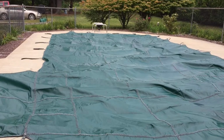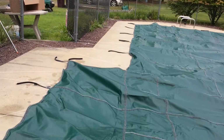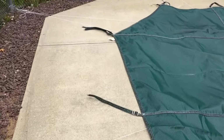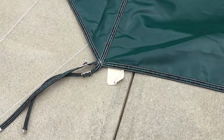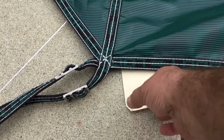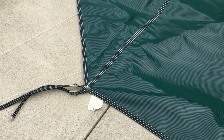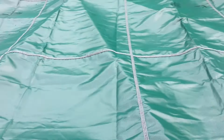My buddy and I unfolded the cover and determined which end had to go where. They tell you where the tag is. I've got to be careful walking here. Where the tag is on the cover, they give you a diagram of your pool and where the anchor points are going to be. You have to make all the measurements though, but there's a tag on the corner, and they tell you on that anchor instruction sheet where the tag goes so that you open up the cover in the proper way. That is not easy,